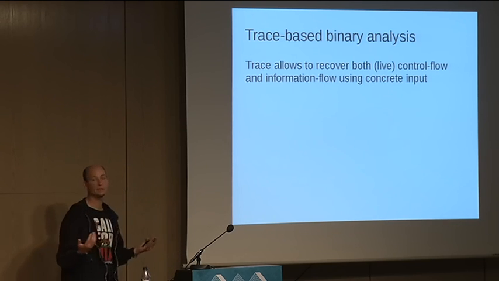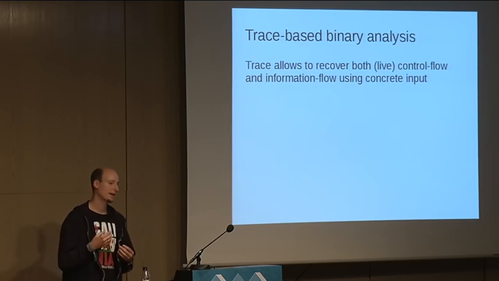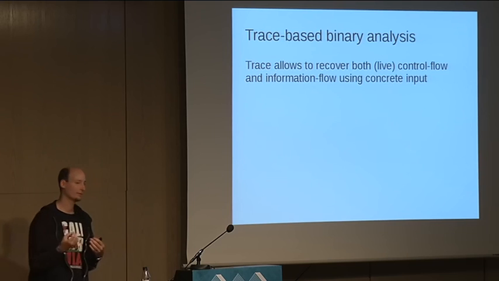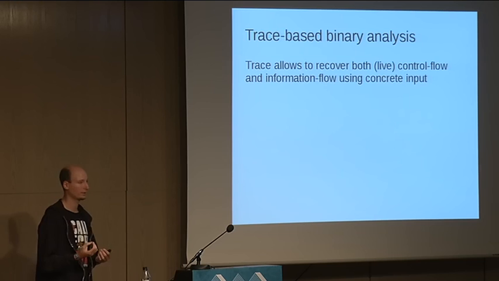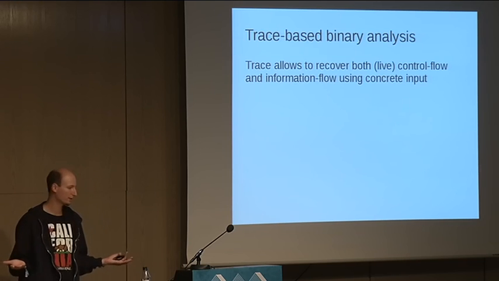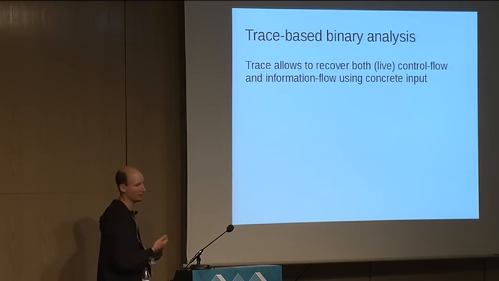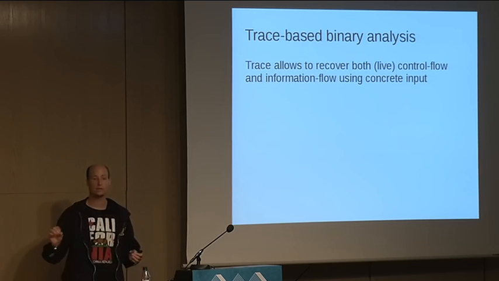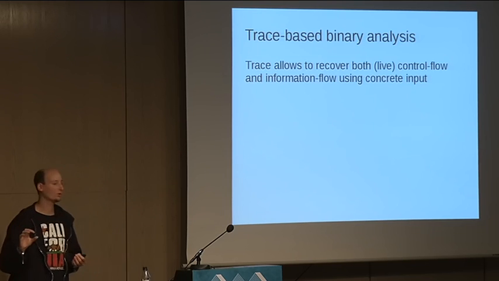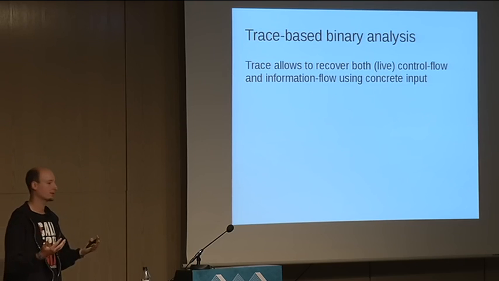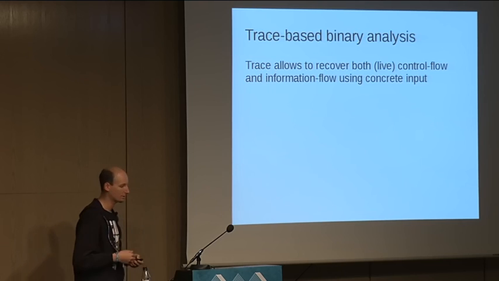We collect a detailed instruction level trace of a concrete execution that executes functionality that is close to the vulnerability, but does not trigger the vulnerability itself. Otherwise, we would already have solved the problem, right? So we execute a simple version of, like, just a PDF viewer and encode the execution trace, and use that execution trace to see how the input data flows through the application. And using that execution trace, we can follow all the individual buffer accesses and concretize those.